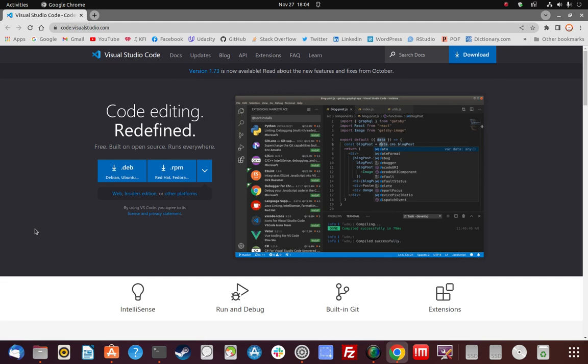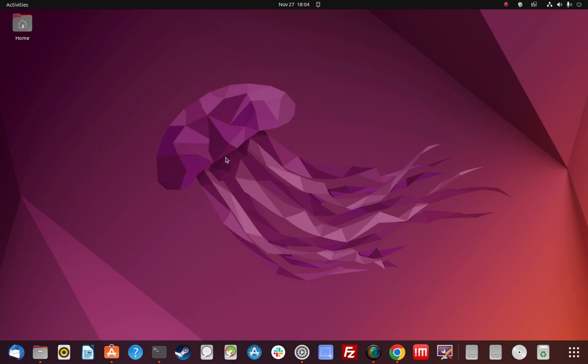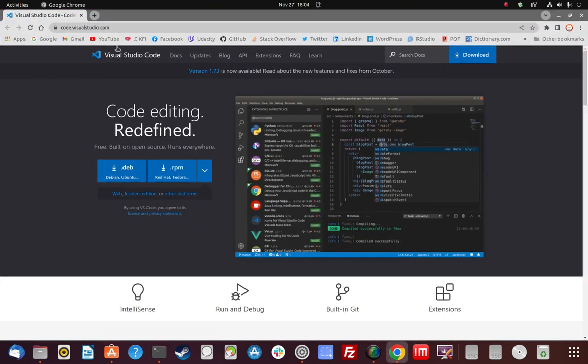And again, Visual Studio Code is a pretty popular cross-platform code editor. It runs on Linux, Windows, Mac. Okay, so we're on Linux there. We're in our Ubuntu 22.04 Linux environment here. Okay, so let's go with the website here. You can see the URL here,